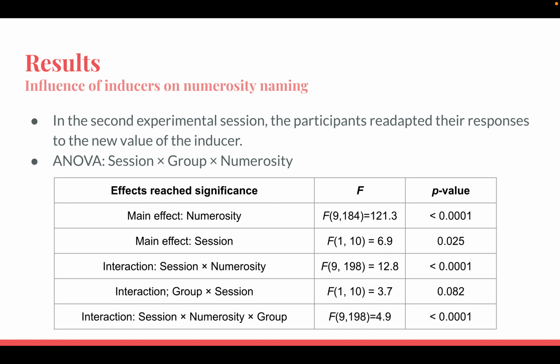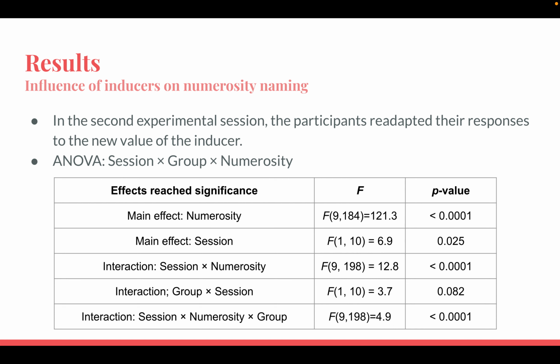After the break, in the second experimental session, the participants readapted their responses to the new value of the inducer. For this analysis, they separated the participants in two groups, depending on whether the inducer presented in the second session was larger or smaller than the inducer of the first session. They ran an ANOVA analysis with factors of session, which means first and second, group and numerosity, with 10 levels